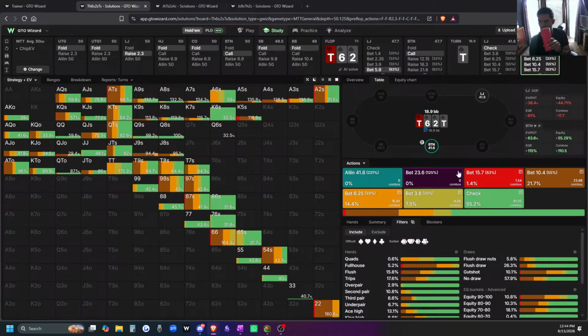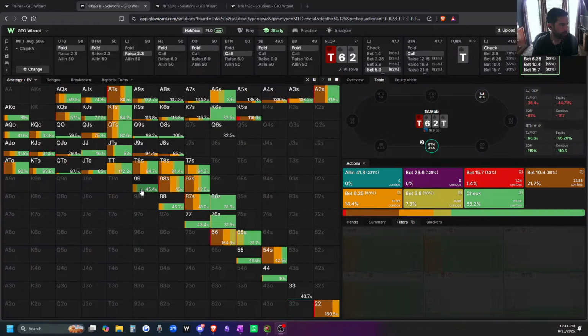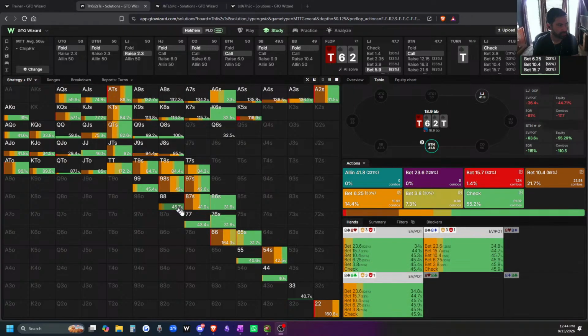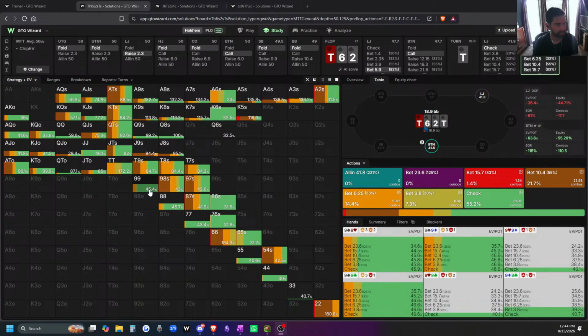Okay, we've checked. And so now look at nines, eights, and sevens, what they're doing in position. Primarily so checking. Sure, but at least this unlocks some betting, right? So are there other hands that would have folded to our turn c-bet that now unlock some amount of betting? I just want to point this out because I think that's also another product of why we have a pure check range. Not only do we need to support all of our air,